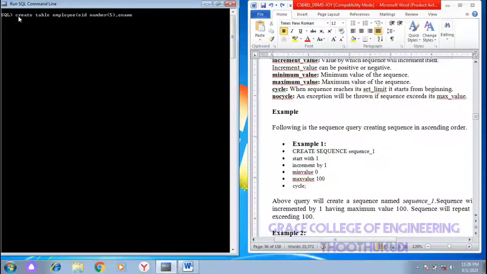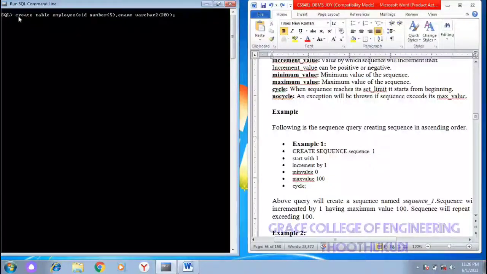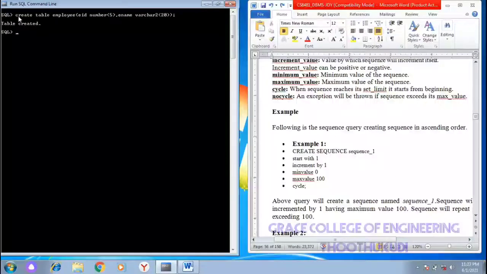Okay, so now I am going to finish create table. So it's finished now and the table is created.